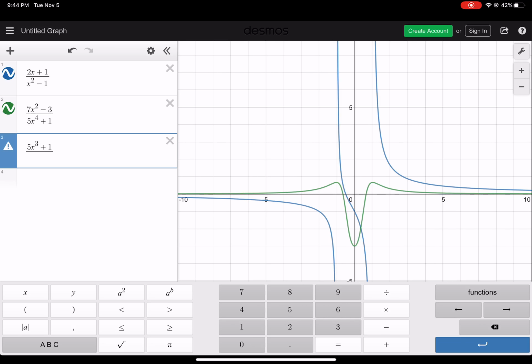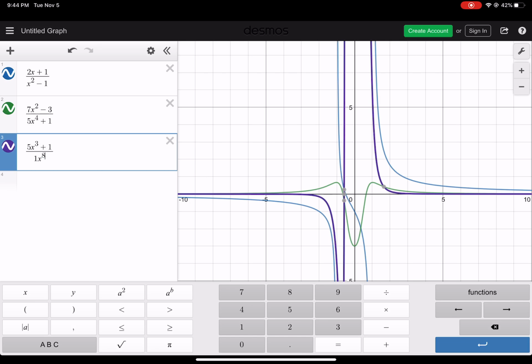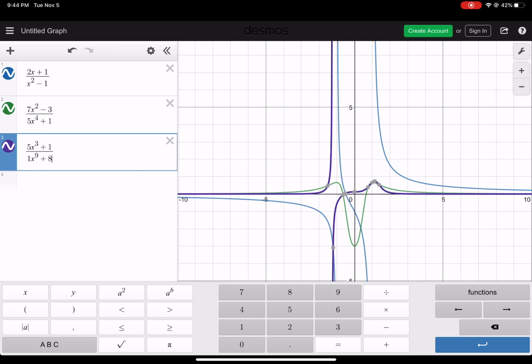Let's try my year next. So we're going to do 1x to the 8 plus, to the 9 plus, and then 8x plus 9. So no matter what I do, the degree on the bottom is bigger than the degree on